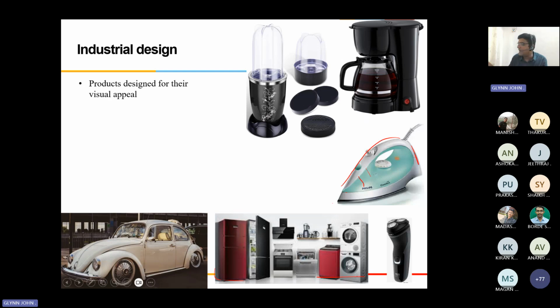Now, this particular aspect of design is called industrial design, right? So even though the name is misleading, this design is called industrial design, which purely focuses on the appearance, making the product look very, very attractive. And that is connected with your status, with your image, right? So when that is connected, automatically you will go and buy that product, right? So companies spend a lot of time